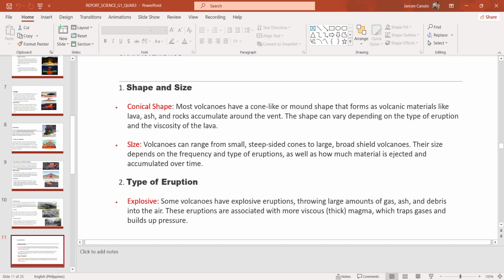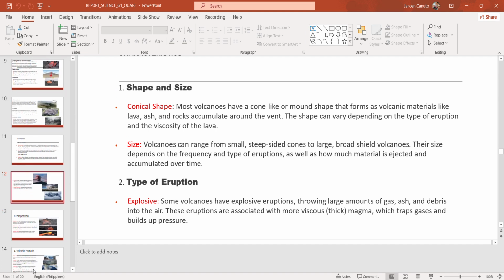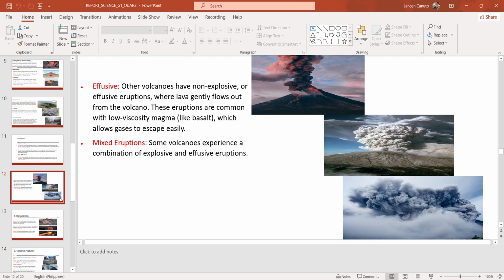Type of eruption. Explosive. These eruptions are associated with more viscous magma, which traps gases and builds up pressure. Effusive. These eruptions are common with low viscosity magma, which allows gases to escape easily.